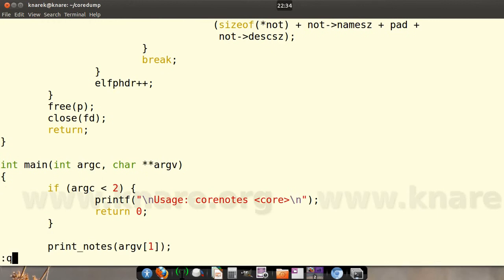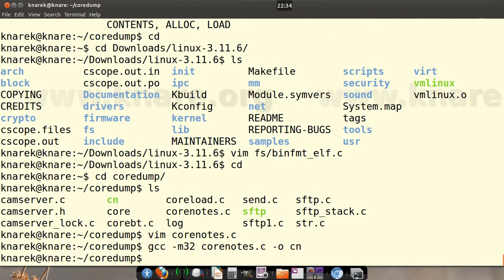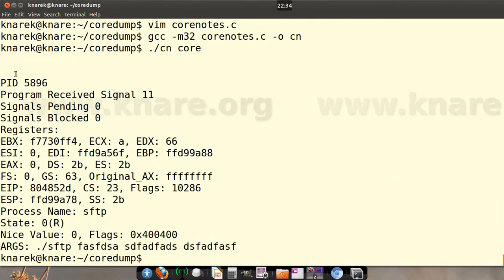Once you have this code, we can compile it. Let's say gcc core nodes -o, and I give the command name cn. I'll again compile it with 32-bit. Now run cn, the command, followed by any core file. Once you press enter, it shows you some information from it. Whatever GDB information that we are getting,